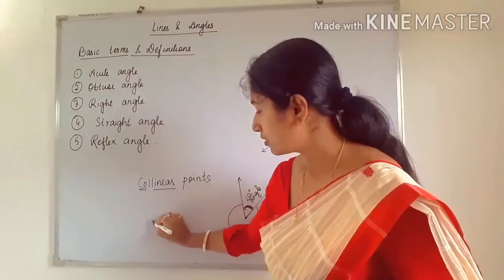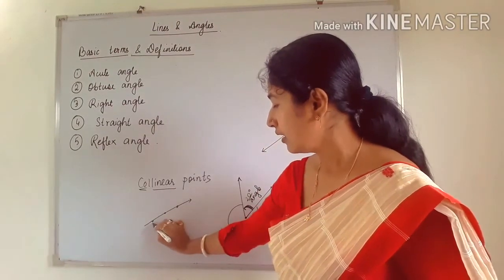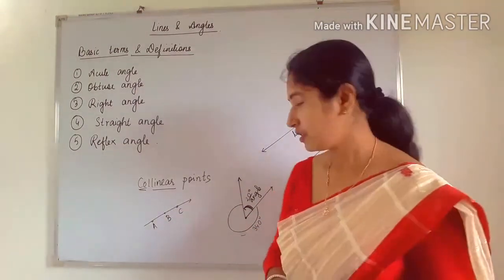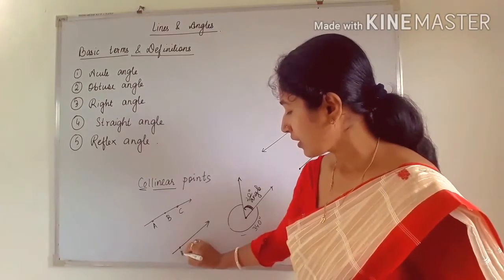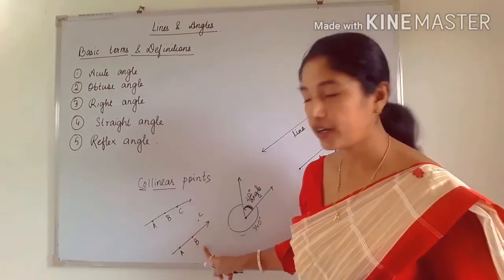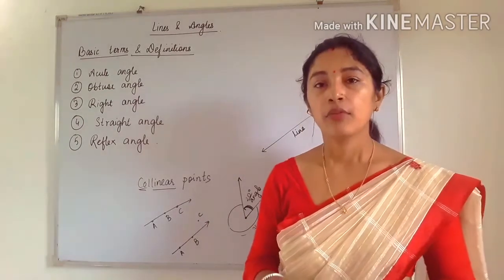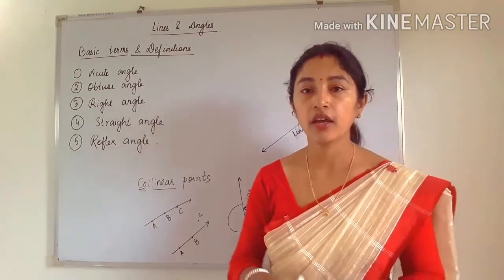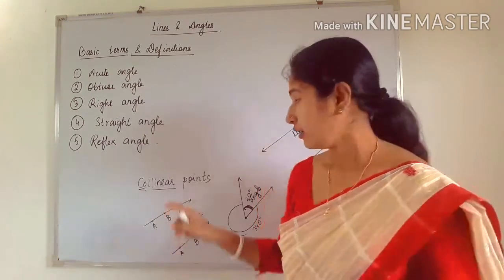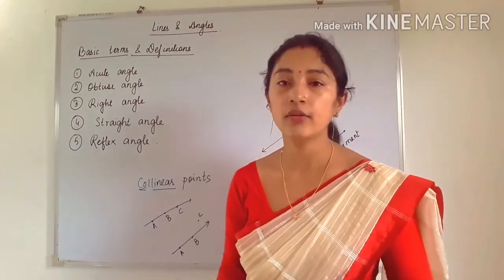Collinear points. Suppose I am drawing 3 points and a line passes through the 3 points, then we can say these 3 points, suppose I am marking it as A, B, C. So A, B, C are what? Collinear points. But if my line is this, A, suppose B is there but C is here, so we can say A, B are collinear points, but it is not collinear to C. Okay, so C is non-collinear point here because it is not sharing the same line. Okay, so co means common, linear means what? It can be represented in a line, and you know the meaning of point. Okay, so points which share the common line are called collinear points.